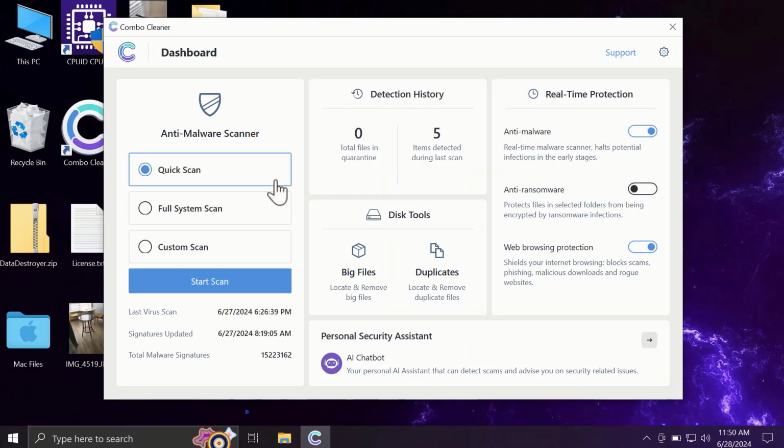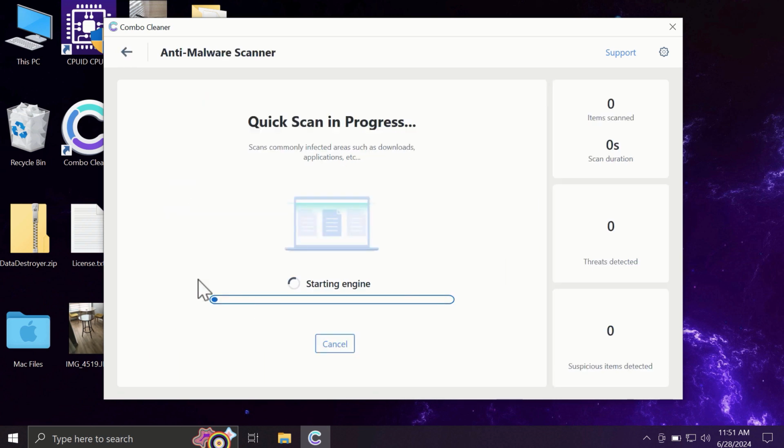So, after you have successfully downloaded and installed Combo Cleaner, the software will be initially in the trial mode, and only quick scan option is available in the trial mode. The full mode includes full system scan and custom scan, but as I said, in the trial version only quick scan option is available. So you need to click on the start scan button, and most likely the application will